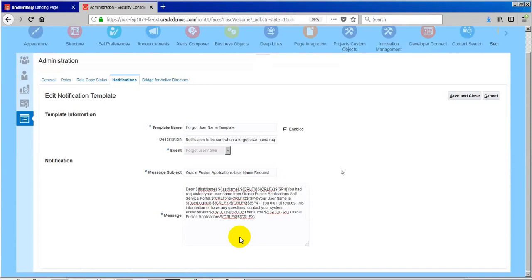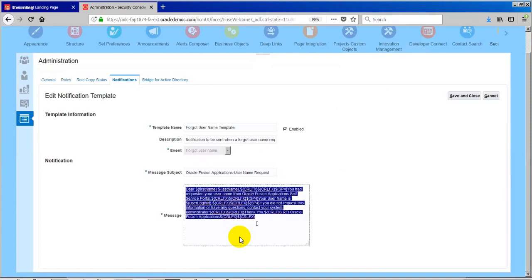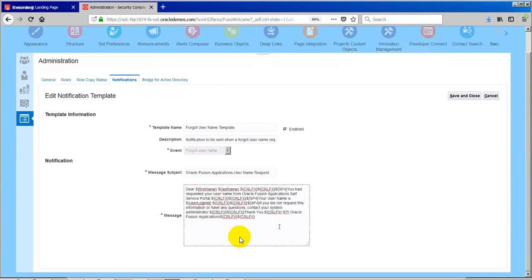Okay, so by default, Oracle will give these things, and if you wanted to keep our custom messages, we can create our custom messages, and we can also enable the HTML tags inside this text message so that it can be a more formatted way of sending the information.